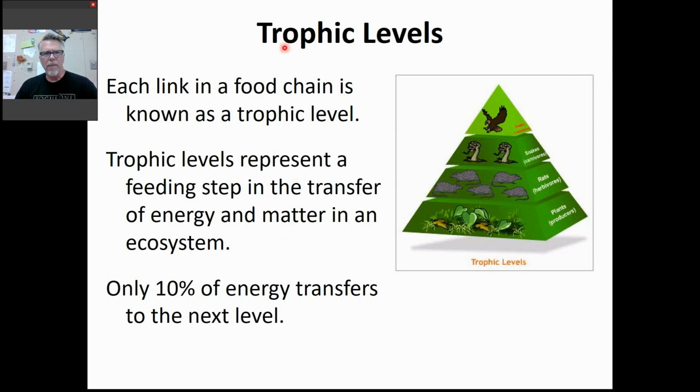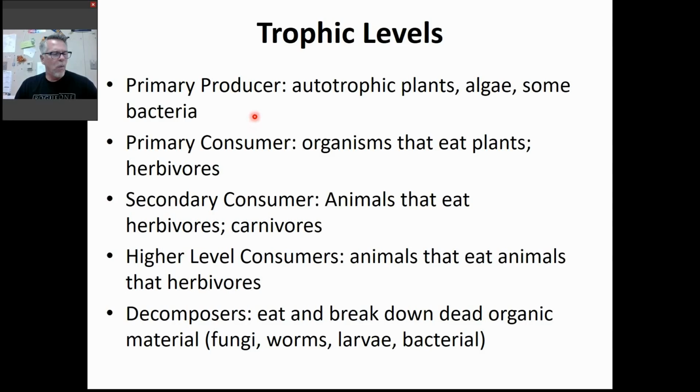Okay, so trophic levels. We have some new nuances to the terminology that we've used already. So we've talked about producers and consumers, right? A producer is someone who produces something, like a plant, an autotrophic plant. That's a producer. Now, we actually are going to call them primary producers, although there aren't secondary producers, there are only primary producers, so it's a little bit of an unnecessary term. But a primary producer is an autotrophic plant that captures sunlight to make its own energy,